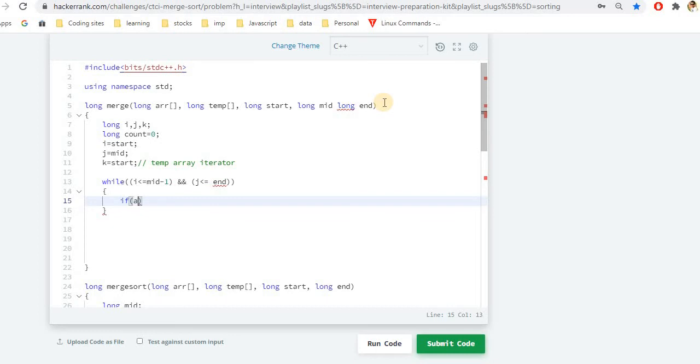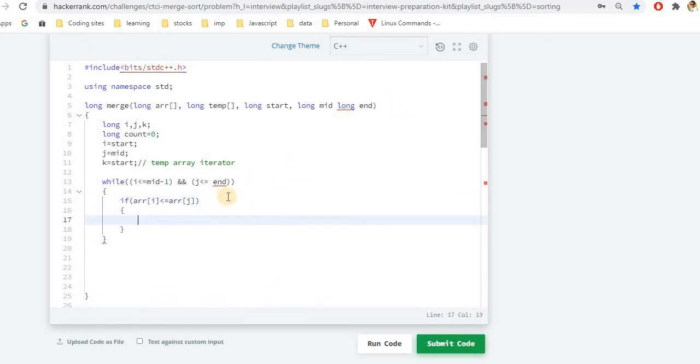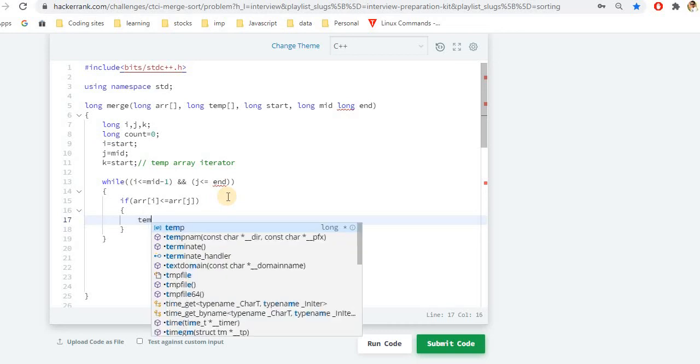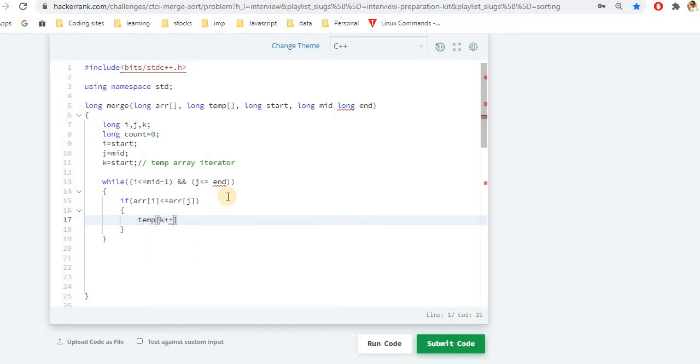So here we'll check if the array at the ith index is less than or equal to the array at the jth index. If this is the case, what we are simply doing is adding the value, that is temp[k++]. This is basically the iterator. Here the value stored would be of i++. Okay, i is for left iteration.